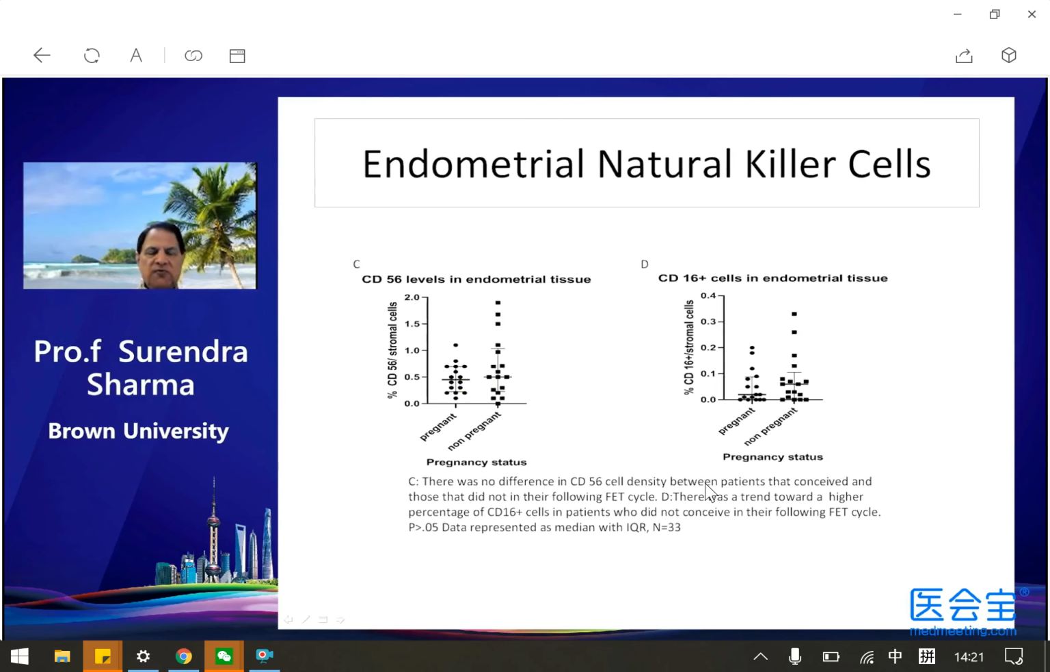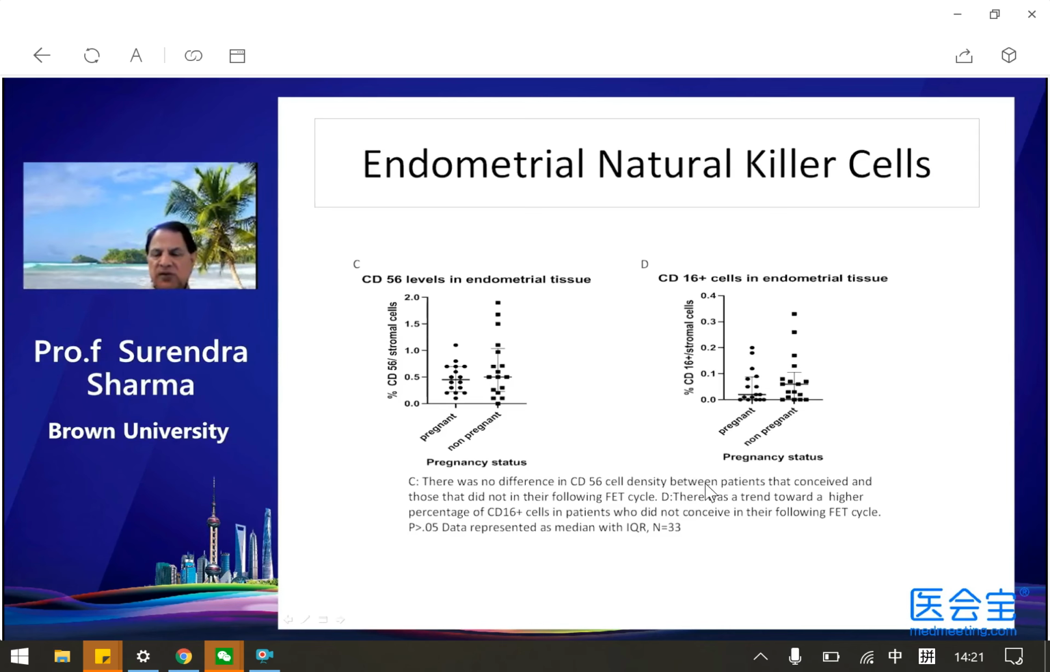So we do not really find any difference in CD56 levels in endometrial tissue in pregnant versus non-pregnant women. However, there is a trend for a higher number of CD16 positive cells in endometrial tissue of non-pregnant women. So this is interesting. This requires a high number of screening